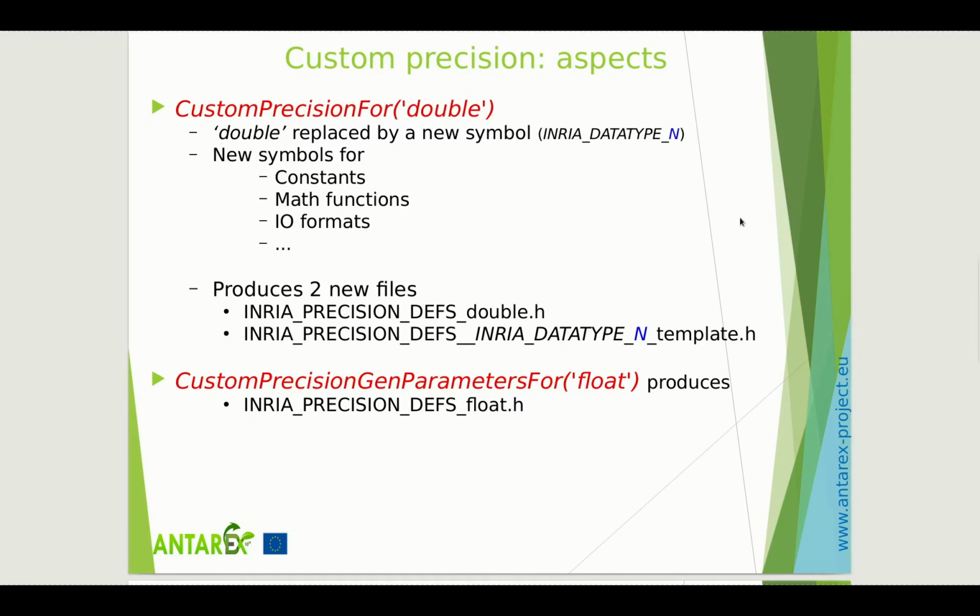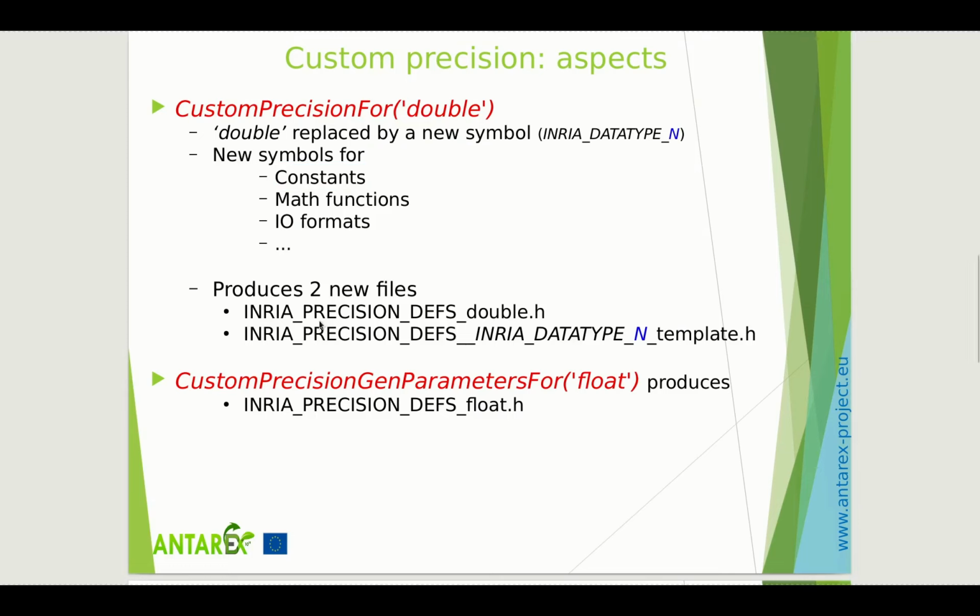The developed mechanism parameterizes the application by the substitution of the references to a type, double here, by a new symbol; by the substitution of the references to math functions by new symbols, because function overloading is not available in C; by the substitution of the format expressions by new symbols, because double or float are not read by the same format in C; and by the substitution of the double constants by new symbols. It is required for some type representations that represent the constants in a specific syntax.